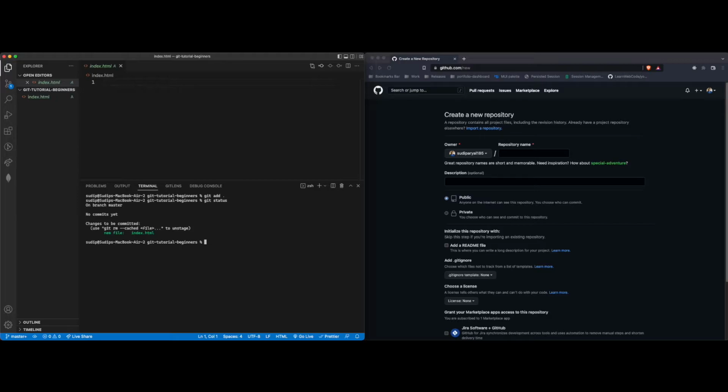Now it's time to commit the changes. The way to commit the changes is you're going to do git and use the command called commit. And you want to do -m, meaning that we're going to write a commit message. Inside the quotes, you can write a commit message. Every time you write a commit message, you want to have some kind of meaningful text in there, so that if someone comes and looks at your project and the Git history, they will know what this commit means. In this case, since we created a new index.html file, I can simply say added